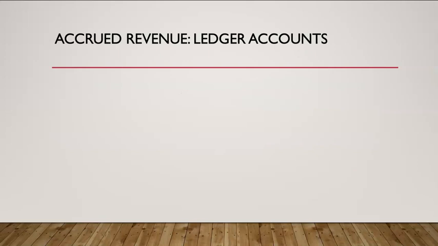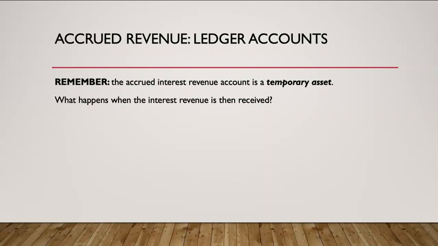The hard part that we just need to remember about accrued revenue is we're going to receive the interest later. So we need to be careful when recording this to not overstate our revenue. Remember, the accrued interest revenue account is just a temporary asset. What happens when the actual interest revenue is received and we receive $500 of cash? How do we record that? The temptation is to say cash goes up by $500 and revenue goes up by $500. But we need to be careful. If we did that, we would overstate our revenue by $250 because the adjustment has already recognized half of it